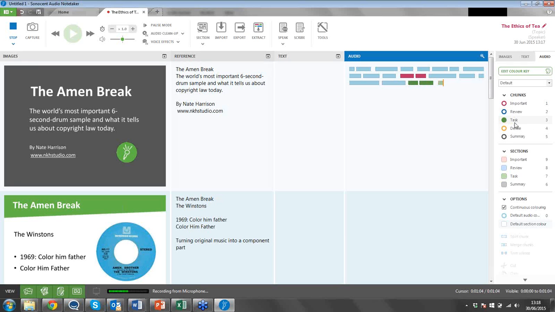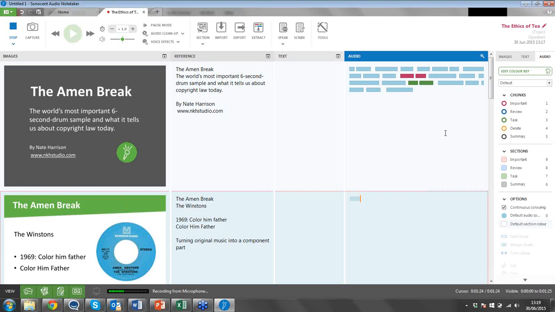Now all of these colours can be fully edited, so you can use a different combination of colours, and the names associated with those colours can change. So really it allows that flexibility for students to create resources that are most applicable to them. Now in this situation we have here, if the lecturer or the instructor moves to the next slide, very simply